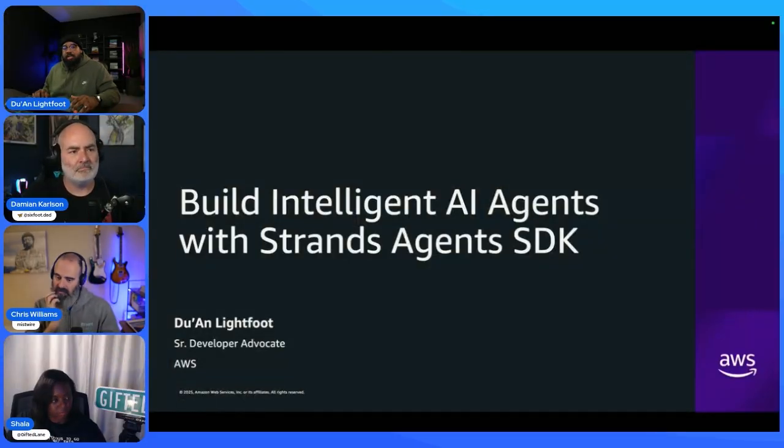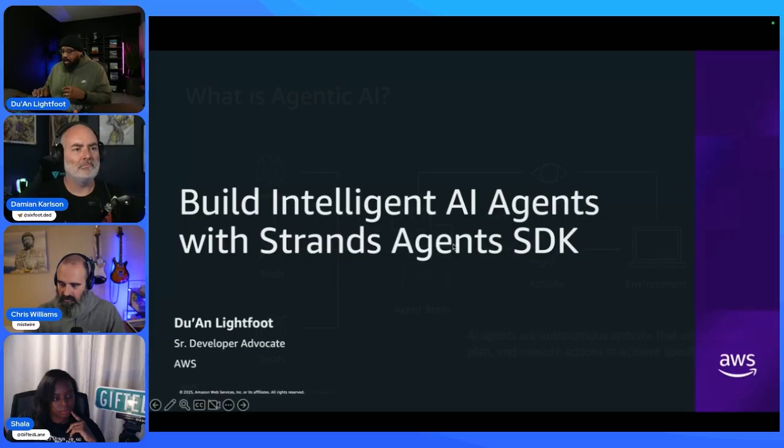open source Python SDK created by AWS that allows you to build agents fast in a few lines of code. The cool thing about it is that if you know AWS, we have Amazon Bedrock. So we have a bunch of different models and providers inside of Amazon Bedrock, but Strands allows you to leverage OpenAI, Claude, Gemini, without having to worry about being on AWS. And so if you're building agents now, it's a really cool framework that I've been having some great conversations around with the people that are using it.